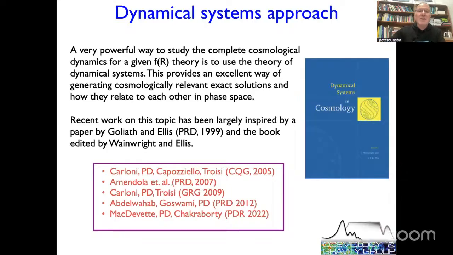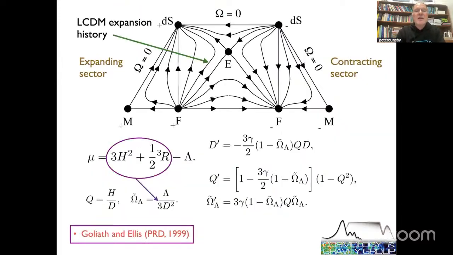So in this case, we adapt an approach which was developed by people like John Wainwright and written up in a very nice book edited by Wainwright and Ellis. And that provides a very nice way of determining the full phase space of solutions for a given f of r theory of gravity. So in the case of GR, in the case of lambda CDM, for example, this is